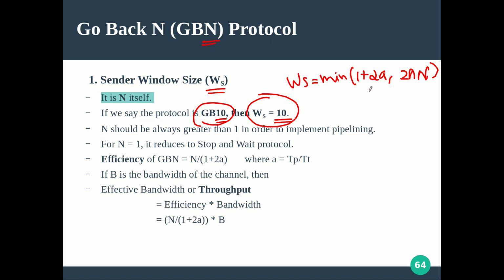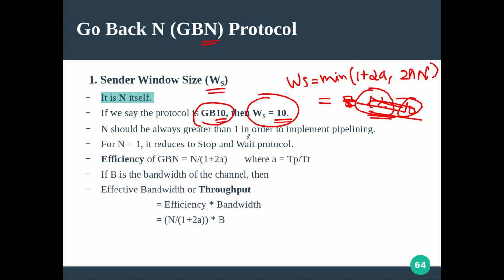Now if the minimum is found to be, say, 12, still if you want you can make it something that is convenient for the protocol, but it should not be more than this 12. So for your algorithm you can choose it to be 10, then it is fine. But if the minimum is found to be 12, then that 12 is the ideal value. So when you come up with the protocol, go back 10 means it is particularly for a sender window size of 10. That is how they are given the name.